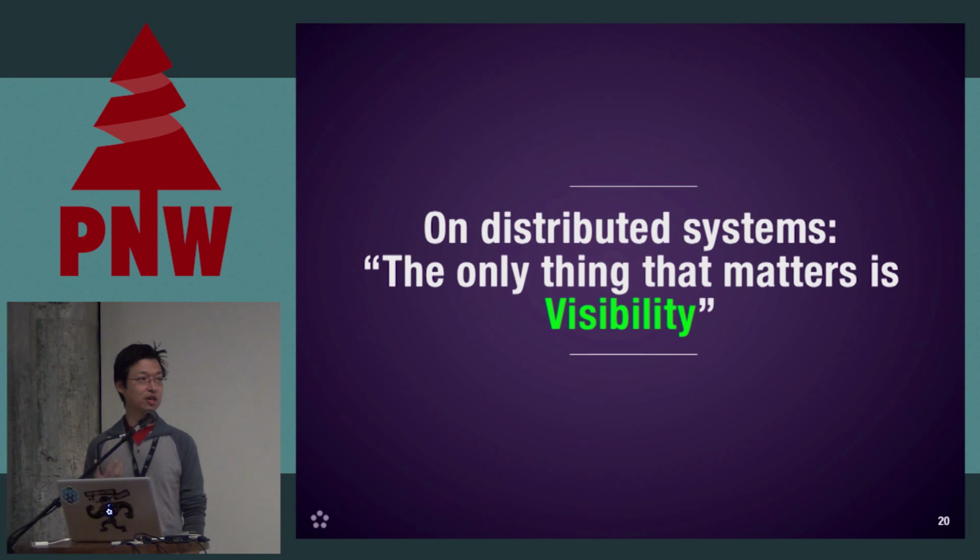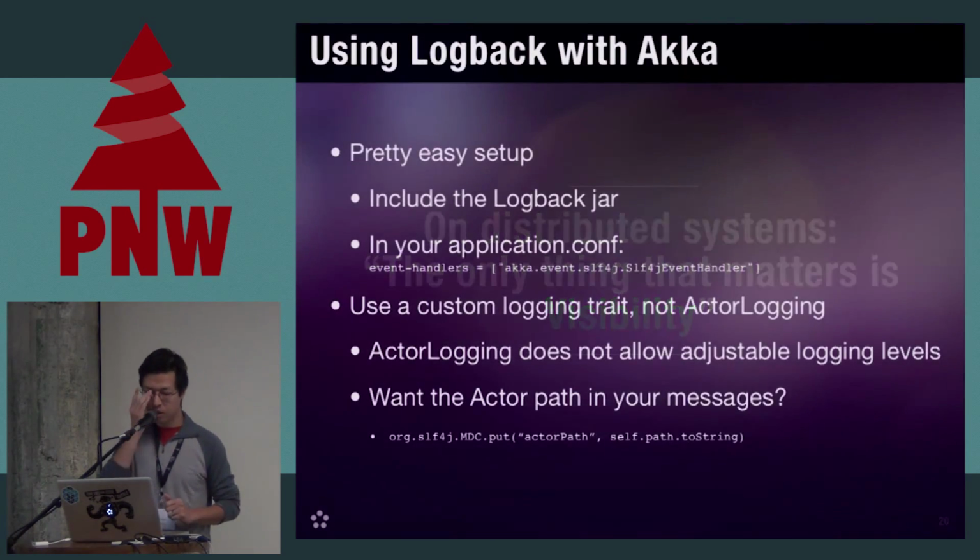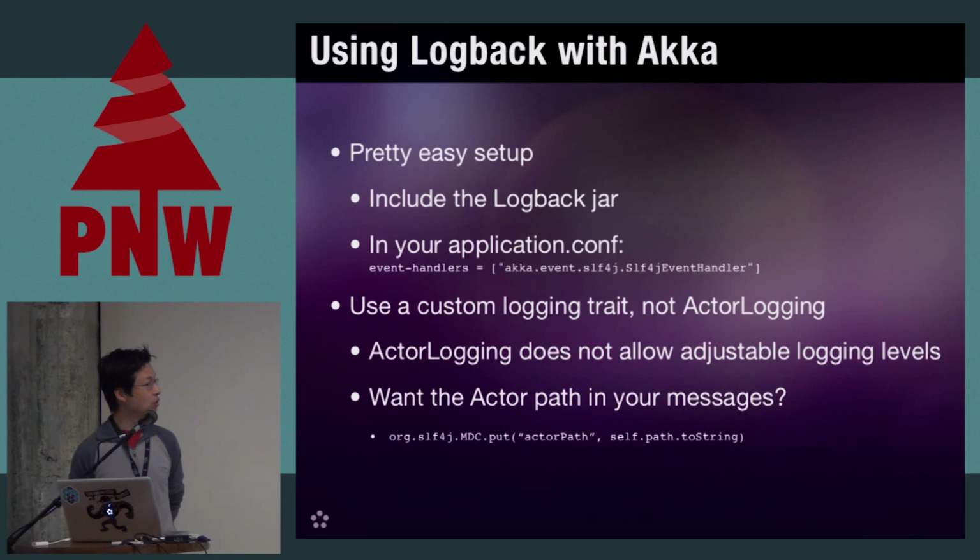I'll be talking about visibility a lot. It's been said that the only thing that really matters in distributed systems is visibility when it comes to debugging. So the first level of visibility, which everyone has to have, is logging. So we like to use Logback with a custom logging trait. There is a built-in actor logging trait in Akka, but we don't use it. The reason is because actor logging